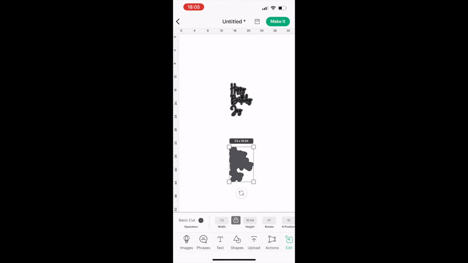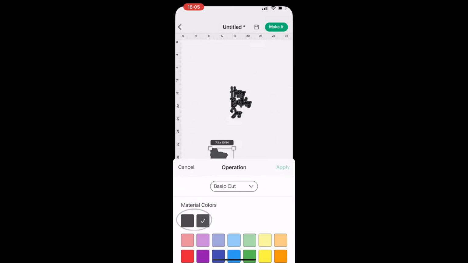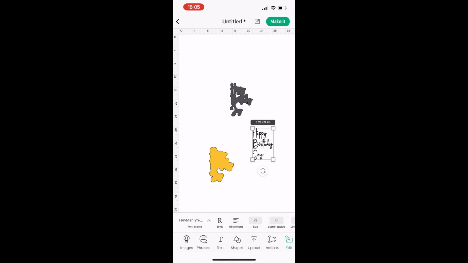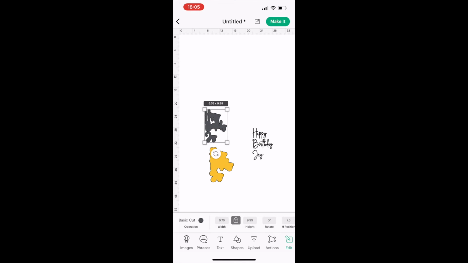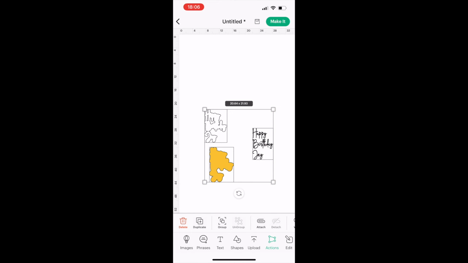I want to change the colours next so that they're going to cut on 3 separate mats. The easiest way to do this again is to go down to the edit menu, and then you'll see this little blob. Click on that and it brings up all of your different colours that you can choose. So I'm going to choose this gold to represent my gold glitter cardstock. Just move the lettering out the way again and come back to that, and then again click on the little blob and choose the colour for that one. I'm choosing white, so it's going to be glitter gold, glitter white, and then it's going to be black lettering on the top. So I'm just going to select everything now and align it,